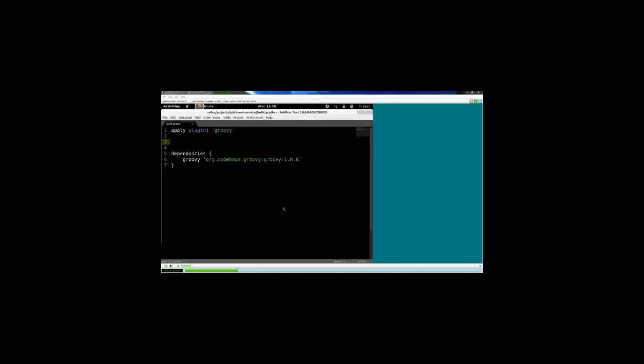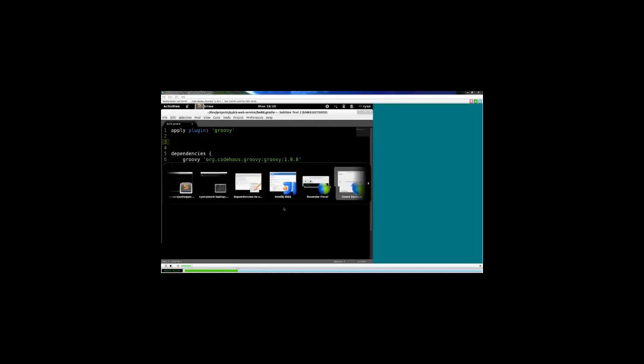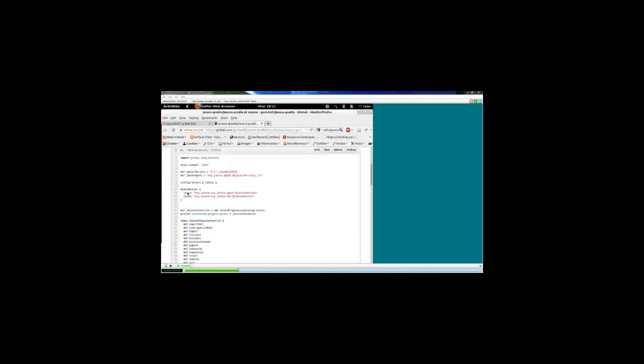There is a third-party plugin out there to add Jacoco coverage to Gradle, and to show you how simple it is to use a Gradle plugin, it doesn't particularly have to be bundled up in any particular way. Just go to Gradle Jacoco, this guy right here. You can see it's just a GitHub project that has a README and a Gradle script. So we've got a Gradle script, which is just like what I'm writing. It's just Groovy. But if you get a link to the raw text version of this guy,